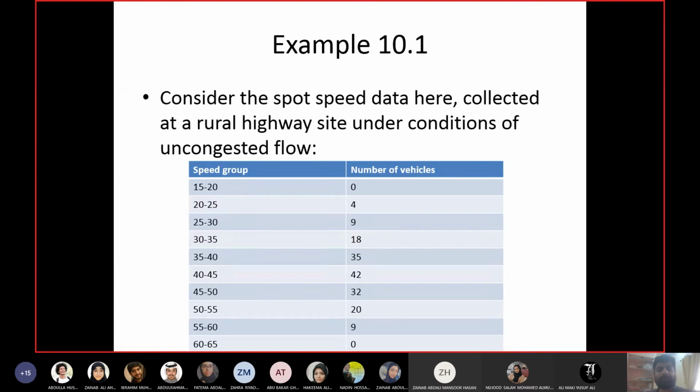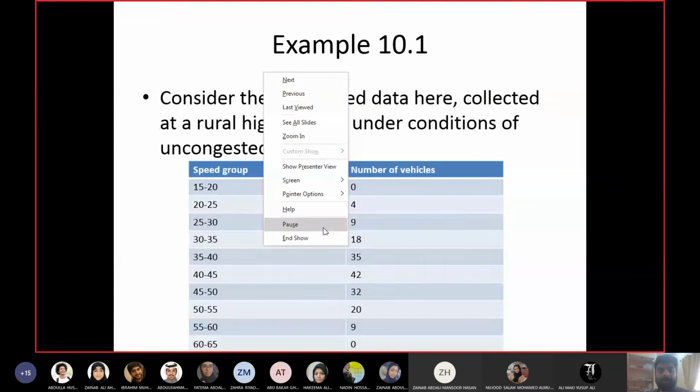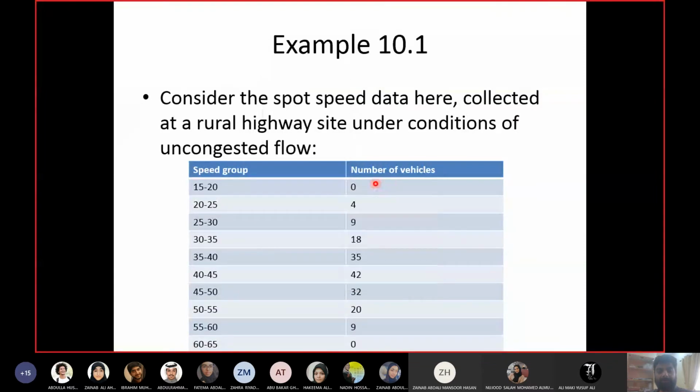So in this speed data, you can see the number of vehicles in each speed group are given. And they have given me the 0 values as well. So I have a 0 group at the start, 0 group at the end, which is for normal distribution. Now the interval between the speed groups is 5. Like I said, you can play with it. If they had adopted an interval of 2, like the previous example, they would have more groups to go up to 65. But in this case, they are saying 5 is enough. So you have the number of values.